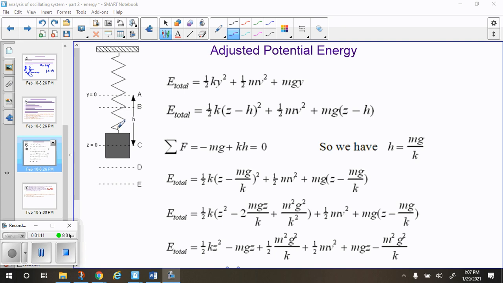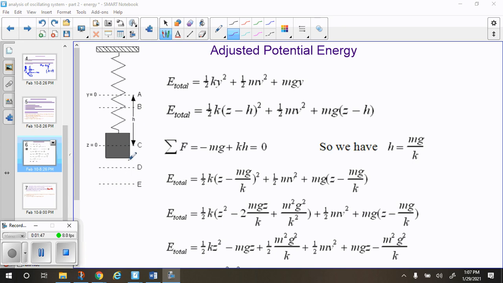And so the restorative force for this object, when it's down here, is the spring force upward minus the gravitational force downward. But the spring force upward is bigger than the gravitational force downward. And then when it's up here, the restoring force is the gravitational force downward minus the spring force upward, but the gravitational force is bigger than the spring force. So these two forces are combining to make an oscillating system, a system that can oscillate in